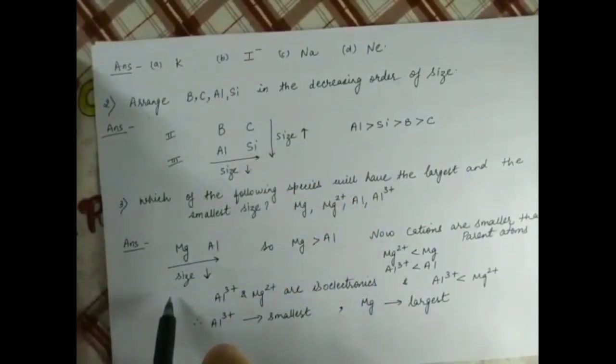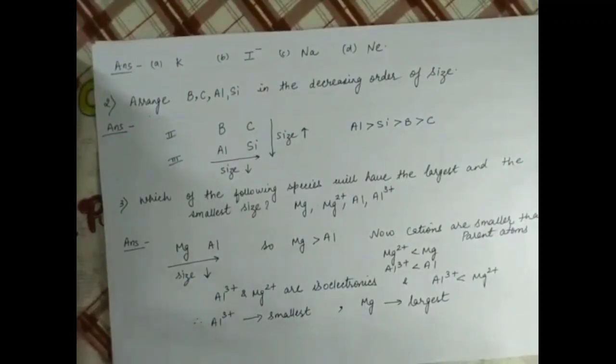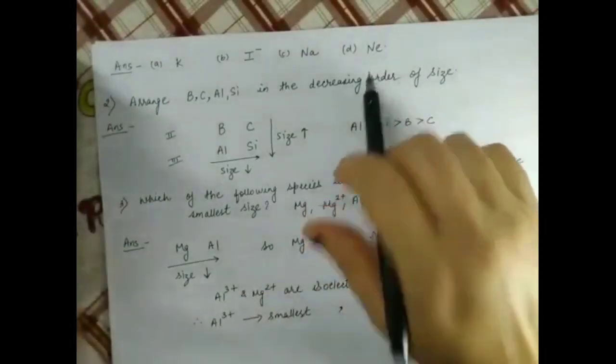Now third question was lithium and sodium. Lithium and sodium belong to the same group. And we have learned that as we move down the group, the atomic size increases. So which is having larger size? Sodium. The last was fluorine and neon. And we have learned that after fluorine, in case of noble gas, the atomic size increases. So which is larger in size? Neon.